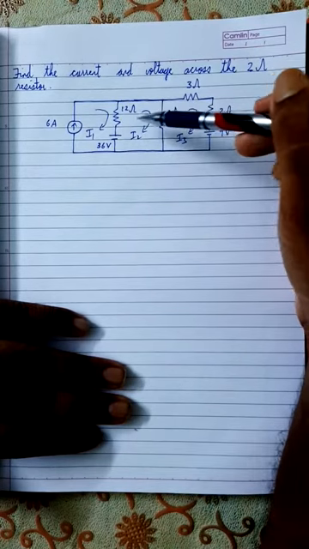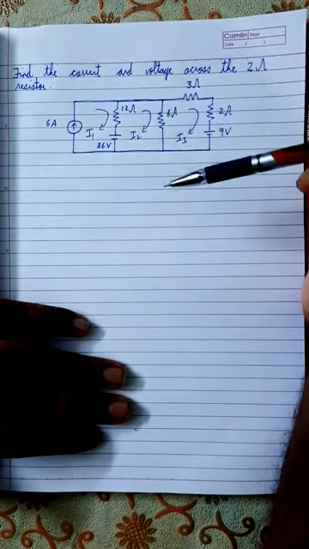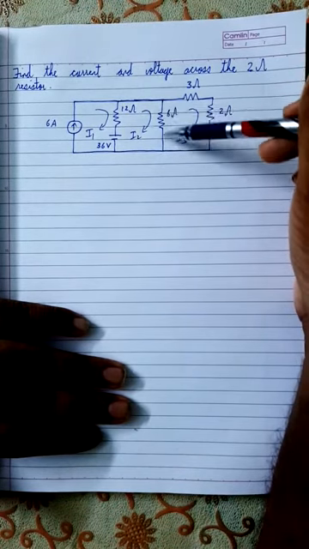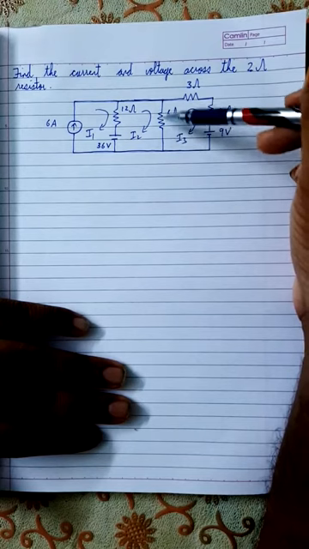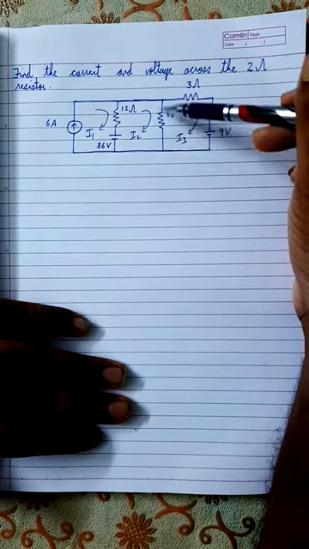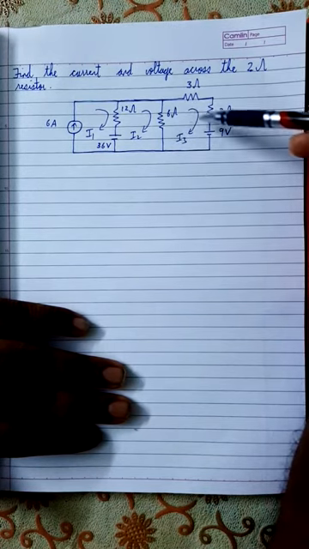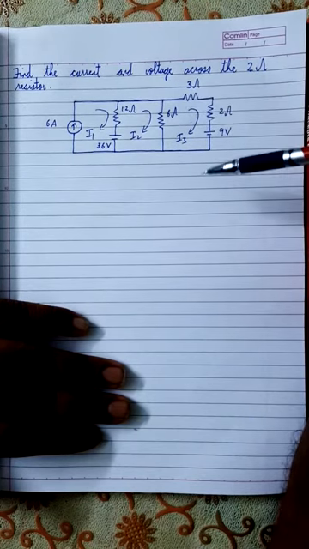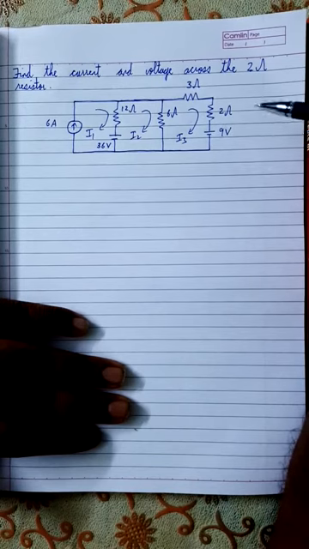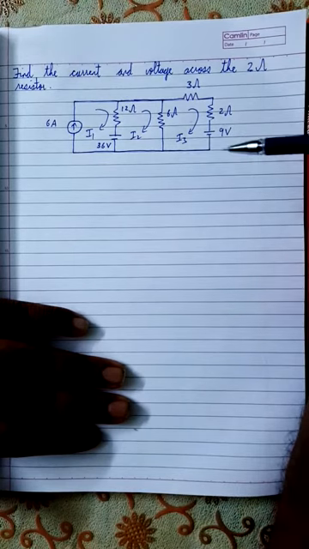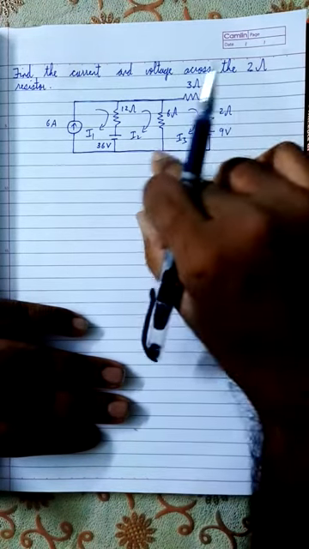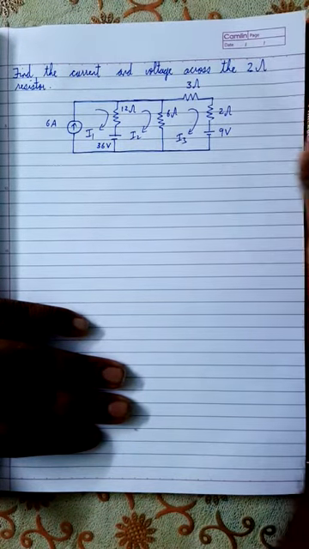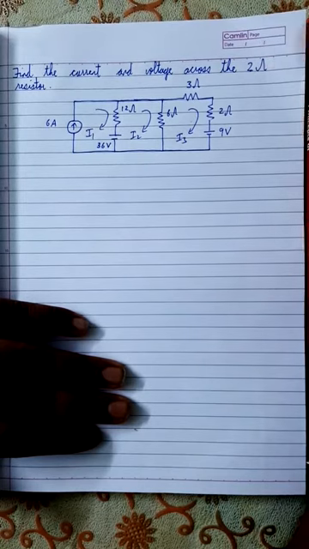And likewise in this mesh, in this branch the current is I2. In this branch also the current is I2, whereas in this branch it can either be I2 minus I3 or I3 minus I2 depending on the direction of the current, right? And likewise if you take this mesh also, then the current in this branch is I3, the current through this branch is also I3, right? And the current in this branch is also I3, which means if you know the mesh currents, then you can predict or say with confidence the current across any branch.